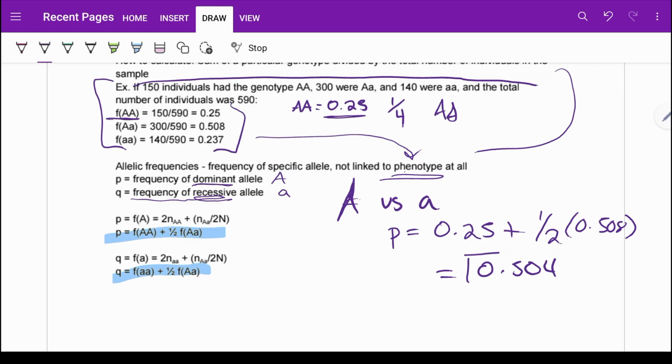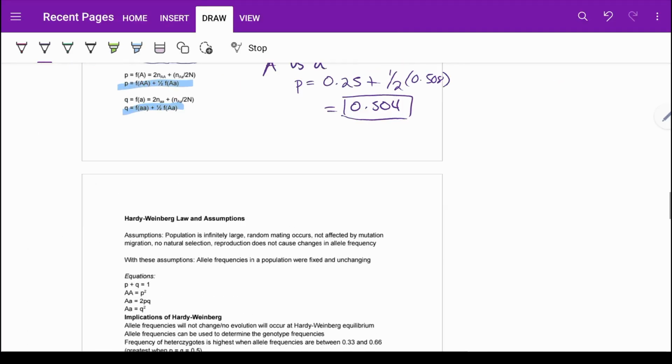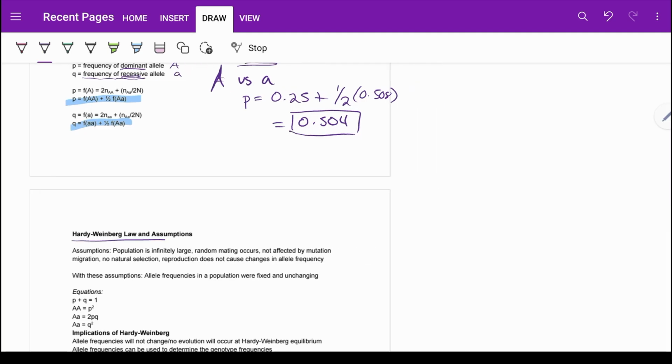That would be our P. Now, one thing we know is, according to Hardy-Weinberg's law, P plus Q equals 1. So, using algebra, Q equals 1 minus P. Therefore, in this example, Q would equal